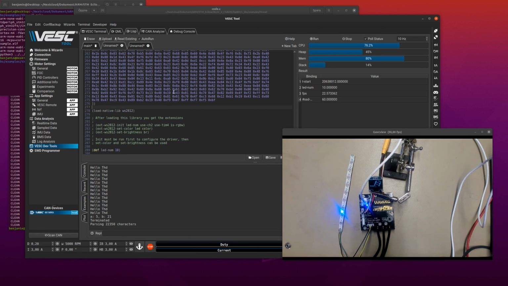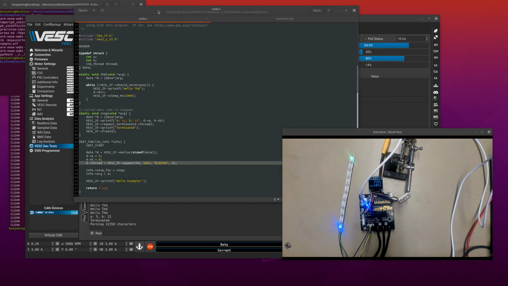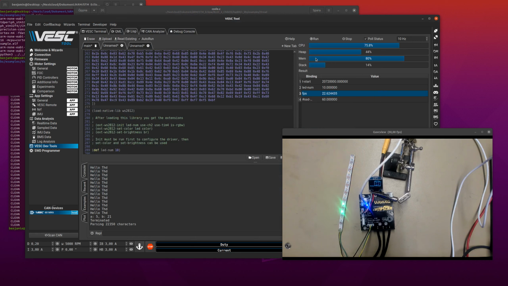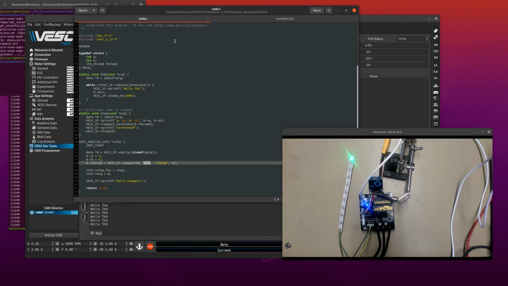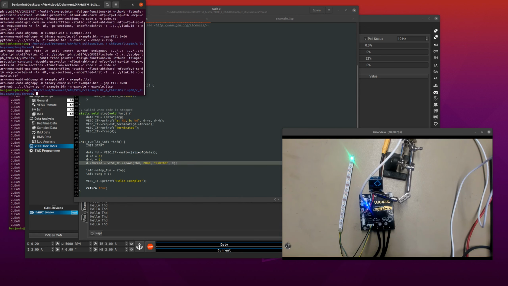And also when you start threads and allocate memory, this thread will allocate it on the LBM memory. So if you give it more memory, we can try that actually as well, now that we're at it. So run this one again. Now you see that we have 22% of the LBM memory used. And if I go to the code and I give it 2048 instead, save, compile,